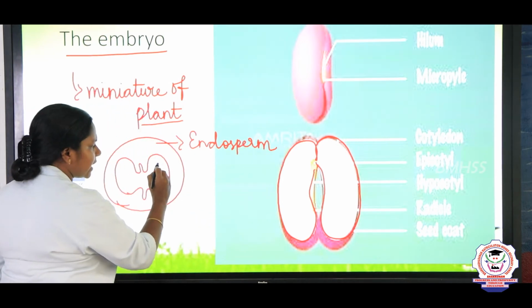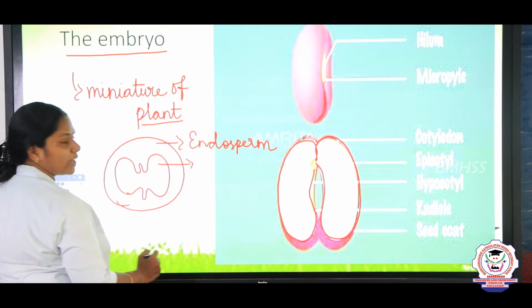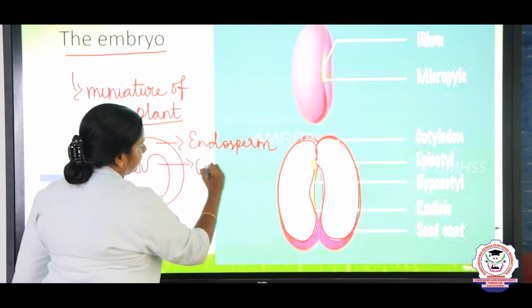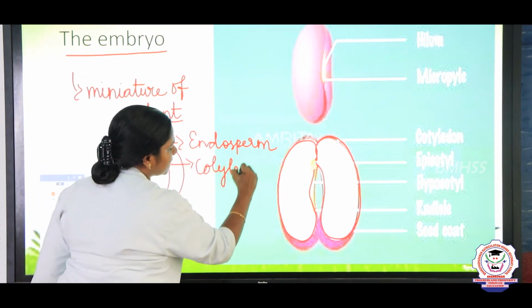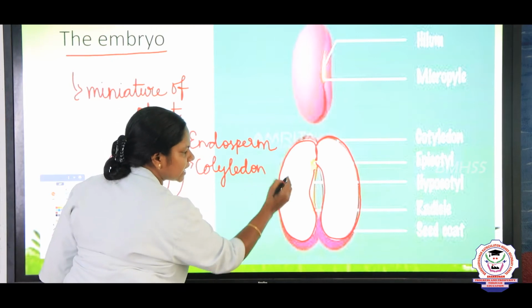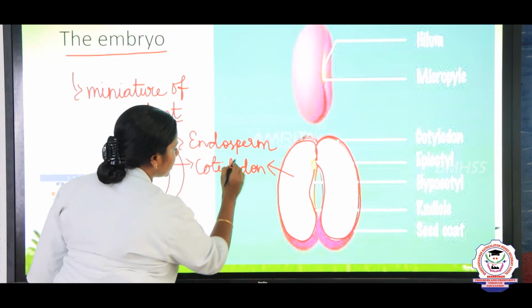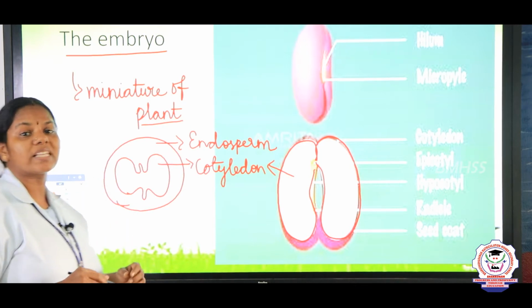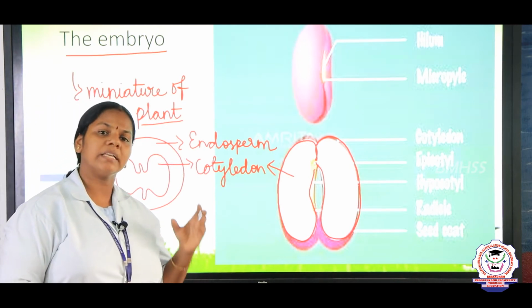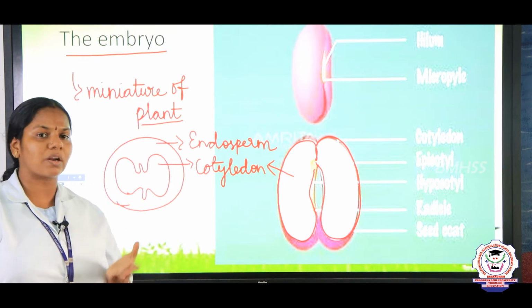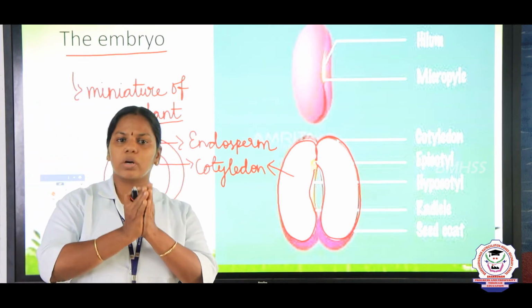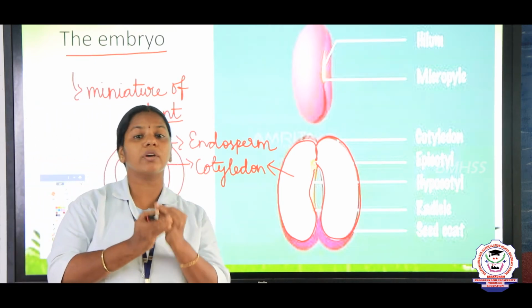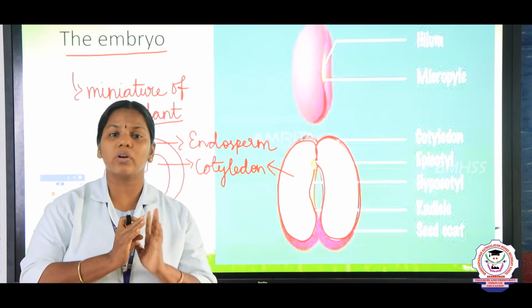Endosperm, and the innermost portion we call the cotyledon. What is the other name of cotyledon? In the seed, this is a cotyledon. Cotyledons are otherwise known as the seed leaves, right? In some plants, for example groundnut, you can see 2 cotyledons. If you take wheat or maize, it consists of only 1 cotyledon, so they are said